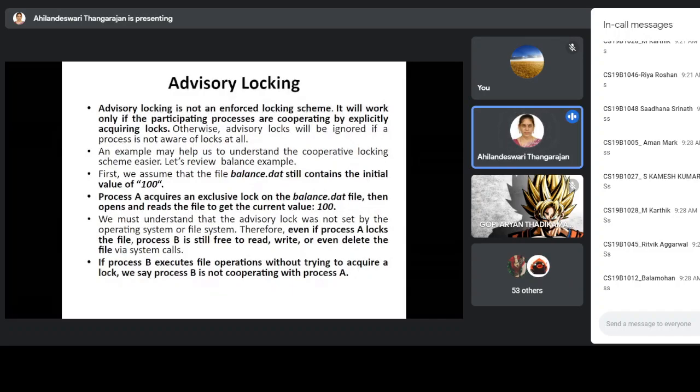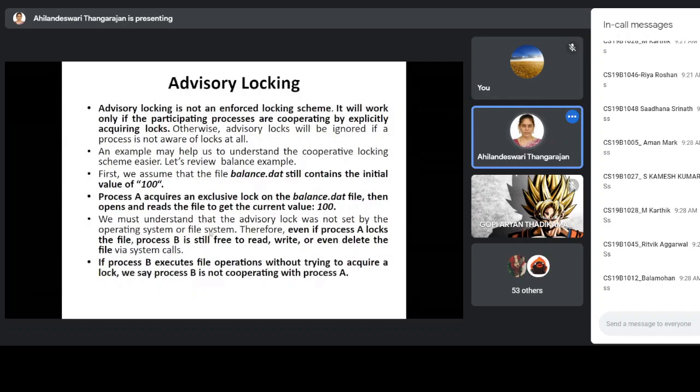So it is possible to access the file balance.data by process B also without acquiring a lock. So it doesn't mean that if you are acquiring a lock, then it is safe. No. Process A has already acquired a lock. Now process B accesses the file without acquiring the lock. It is accepted. It will be accessed. The process B can access the file.